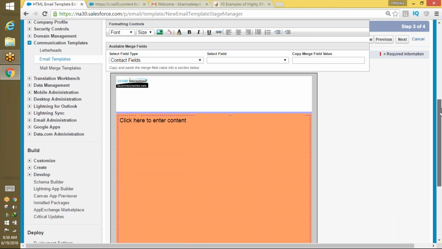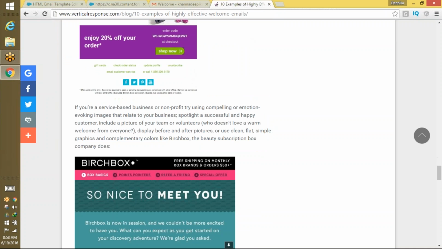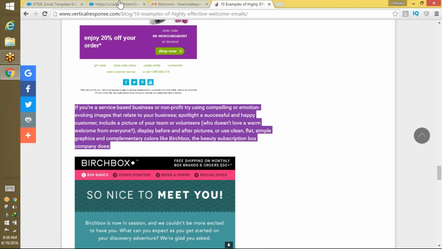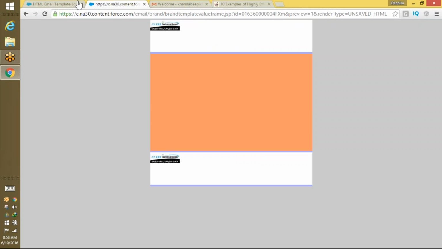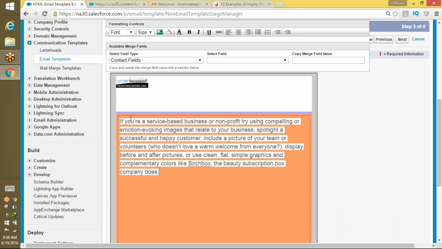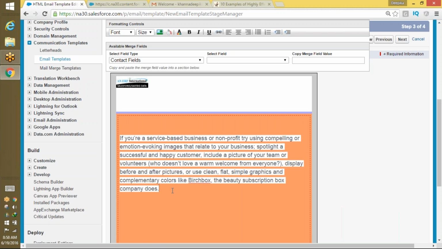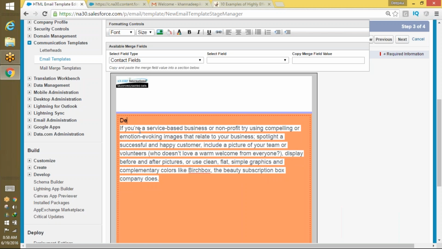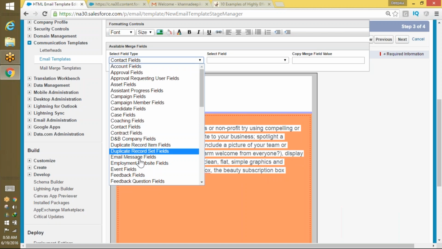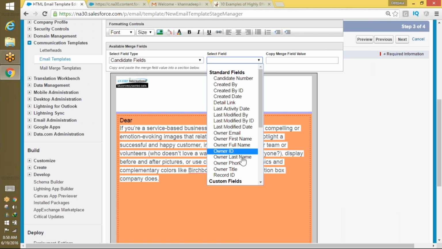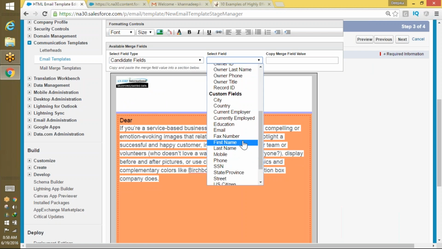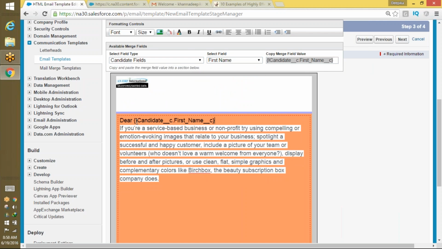If you have an HTML letter or HTML code, you can just go ahead and paste it here. Or if you don't, then you can just get some contents from here. Let me just grab some junk and then add it here, and get rid of this. If you want to say something like Dear, grab the names. If you want to spell candidate first name, last name, similarly like we did earlier, you can grab this one, put it here,